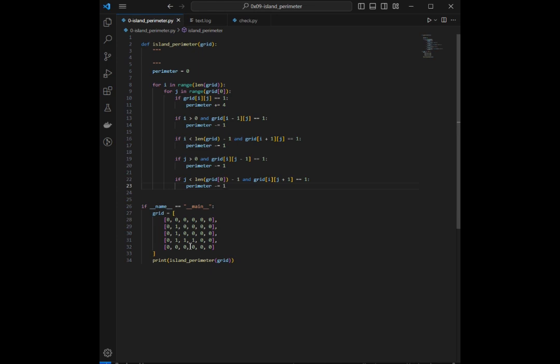Then after subtracting the non-contributing sides of each land cell, we are going to return the perimeter. So we return perimeter. So if we should run this,